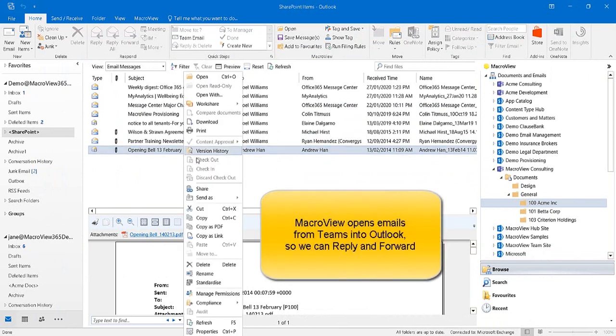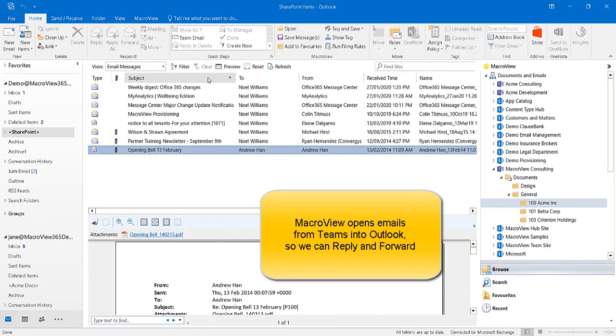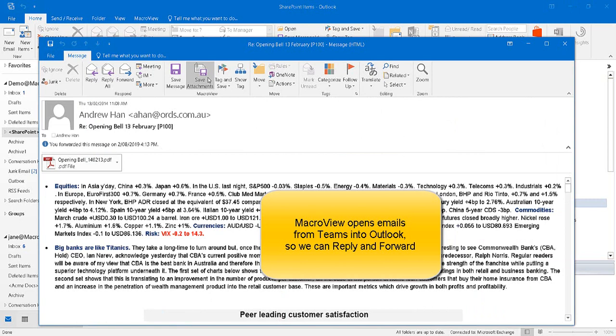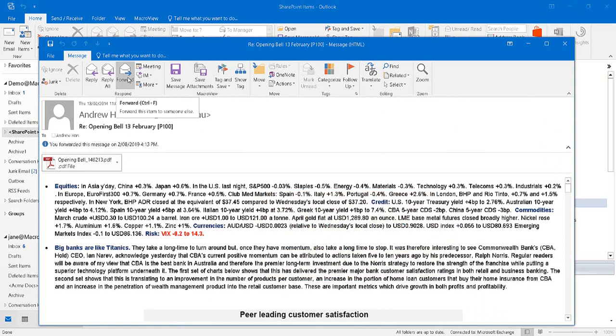If we right-click on an email and choose Open, that email is retrieved from the SharePoint Online storage used by Teams and opened in Microsoft Outlook. We can now reply and forward as per normal, and we note that the attachment is still part of the